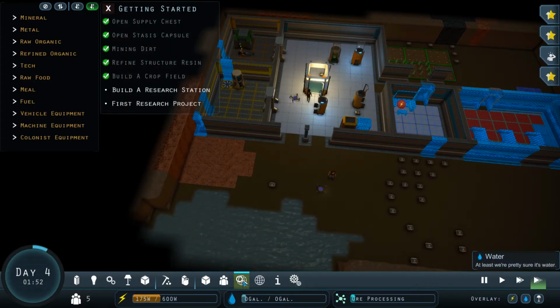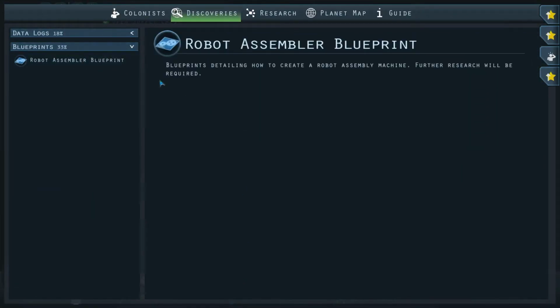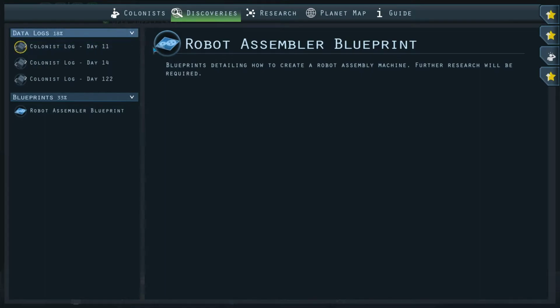But one thing I do want to get back to is discoveries. Oh, we do have a blueprint. We got robot assembly blueprint. Blueprints detailing how to create a robot assembly machine. Further research will be required. Well, we need the research station first. So,